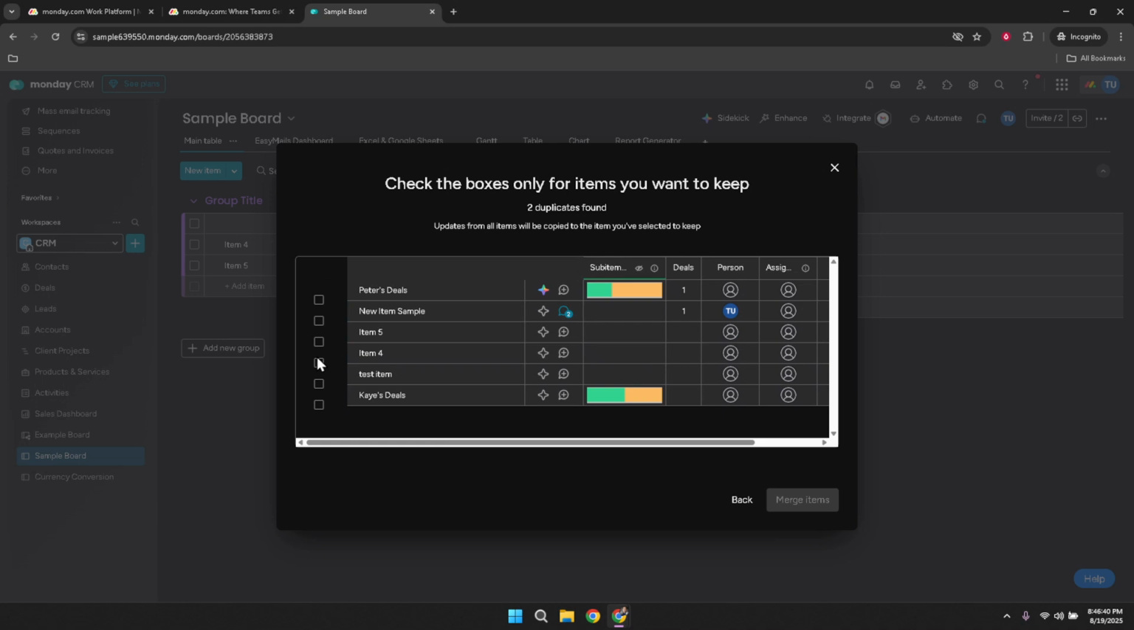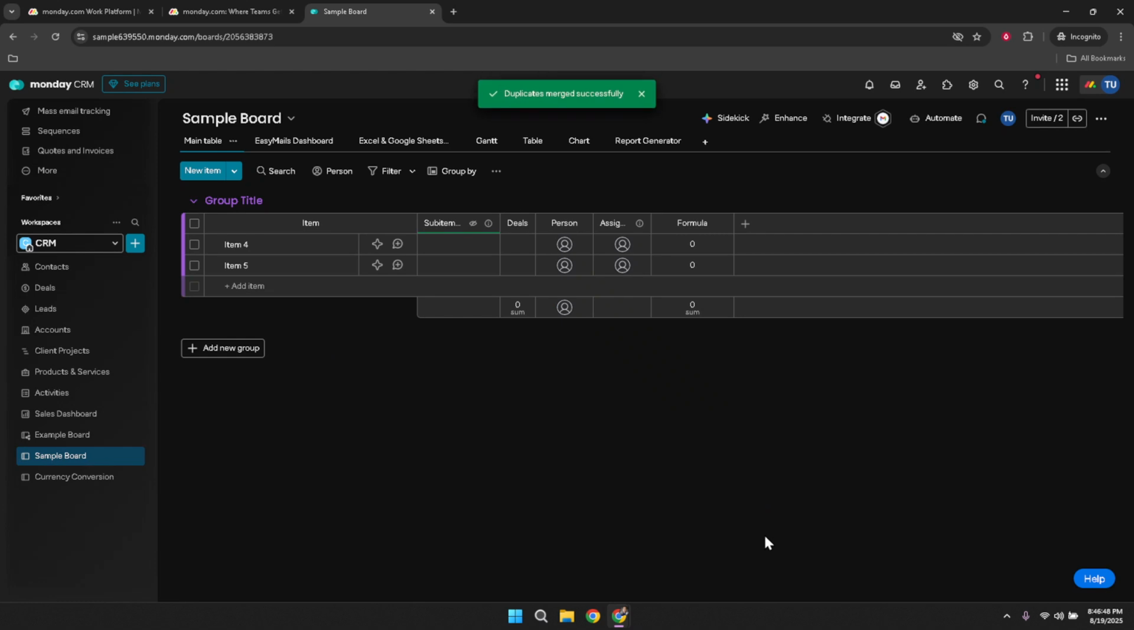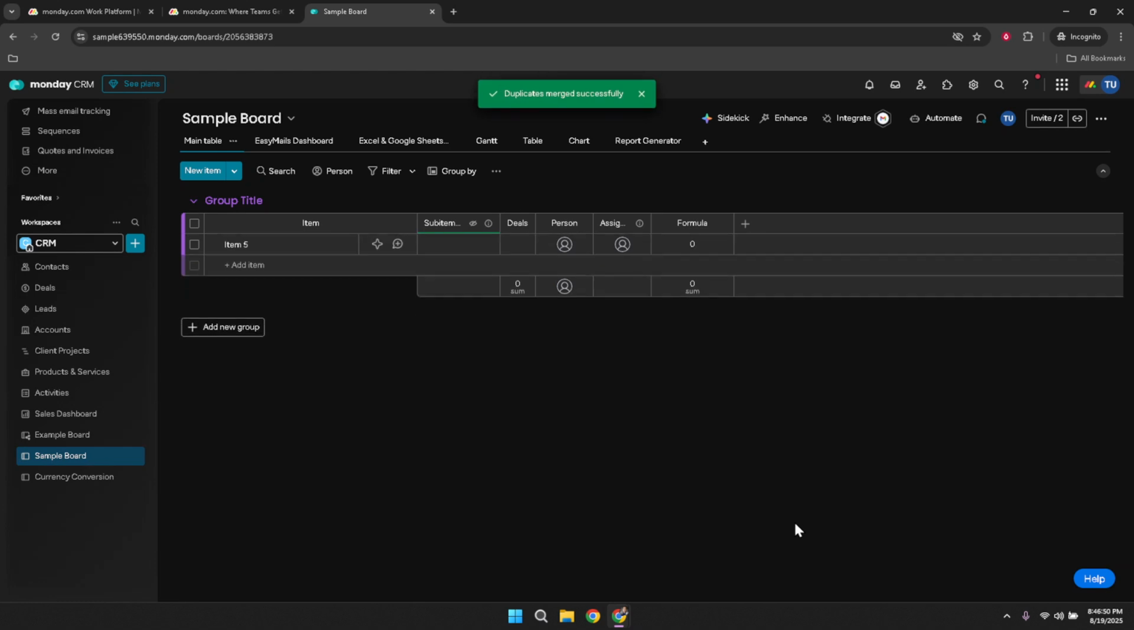Once the search results are displayed, review the entries carefully. Select the entry or entries that you wish to merge. Keep in mind, you want to retain the most complete and accurate version of each entry. Finally, click on the Merge Items button. This action will combine the selected entries into a single comprehensive entry, thereby eliminating clutter and ensuring your data remains